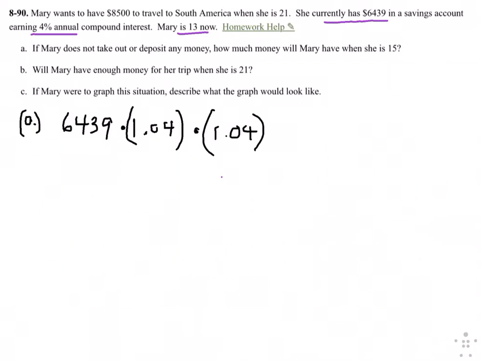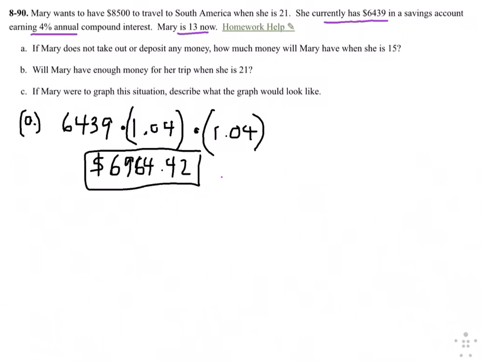And if I do that on my calculator, I get that she has $6,964.42. $6,964, right? Okay, so that's what I get after 2 years. And then it says, will she have enough money for her trip when she's 21? So what they're really asking is, if we take 6,439 and we multiply it by 1.04,